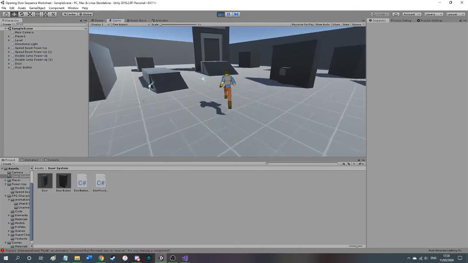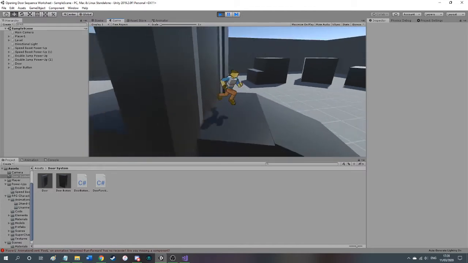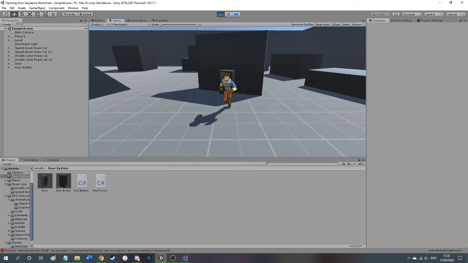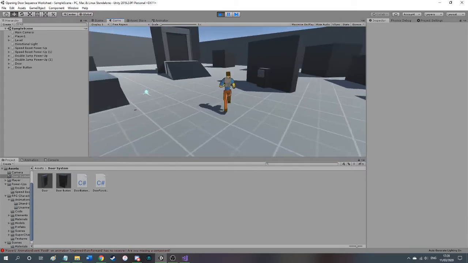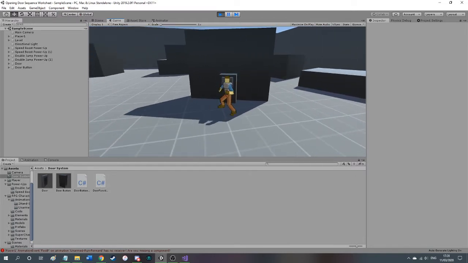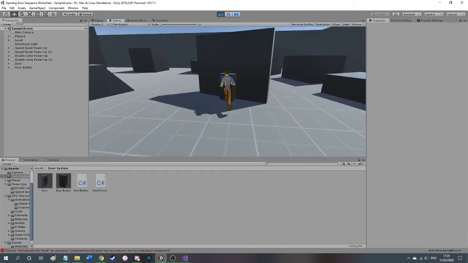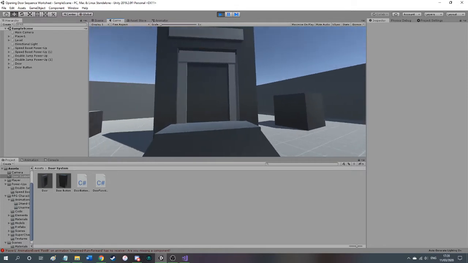As you can see, I have a lovely big door here. The door is very physical, and you cannot get through it. But as you can see on this wall here, we have a button. Very simple thing. We've got the button hooked up to the door. When you press it, it opens. Lovely. I've got checks for the fact that you've got to be facing the button, so you can't just press it from any direction. But when you press it correctly, bam, and we have a nice little cutscene,